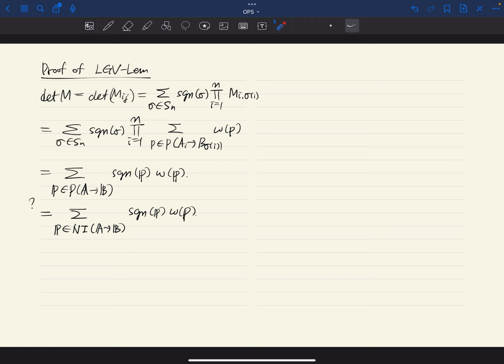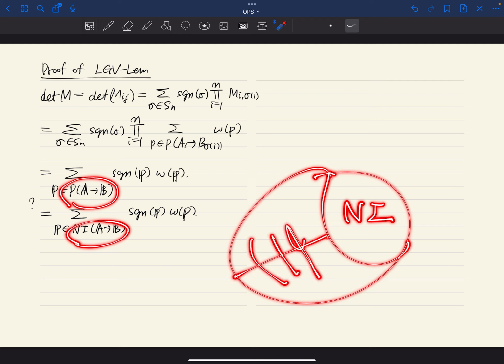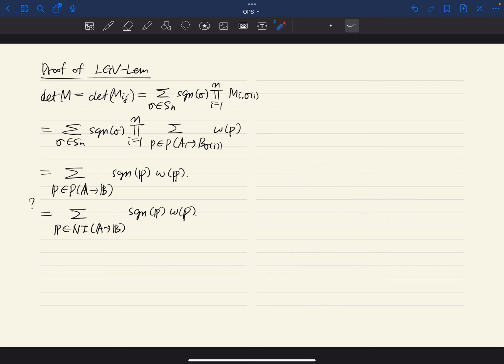This is exactly of the form where we can use a sign reversing involution. We can define a sign reversing involution on this set with fixed points exactly this. Then we have a bigger set, a smaller set here, non-intersecting. The others will all cancel each other, so we will be left with this. That's the idea. So it is enough to show